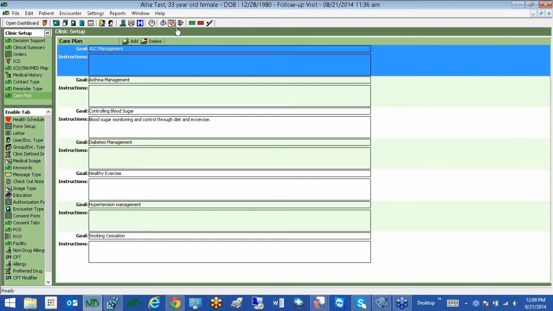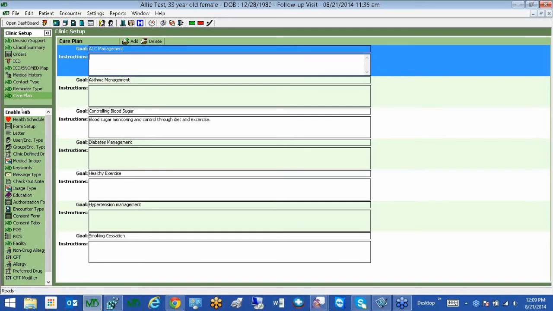In our initial 9.0 release in April, it was a free text entry field only in the clinical summary window from a patient encounter. However, it will get very time-consuming and repetitive if you're typing in the same information over and over again for your patients. So we included a way to set up default care plan goals and instructions for your practice